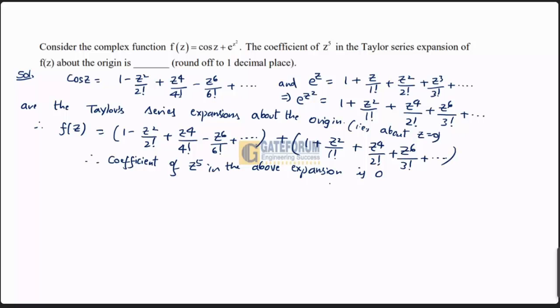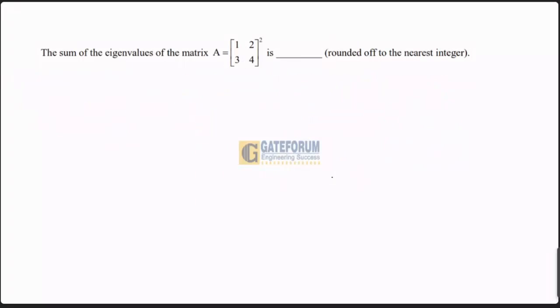The question is, the sum of the eigenvalues of the matrix A is equal to [1, 2; 3, 4] square is dash. Round off to the nearest integer. This is from engineering mathematics, from the topic linear algebra, subtopic eigenvalues, which is one more question. The solution is